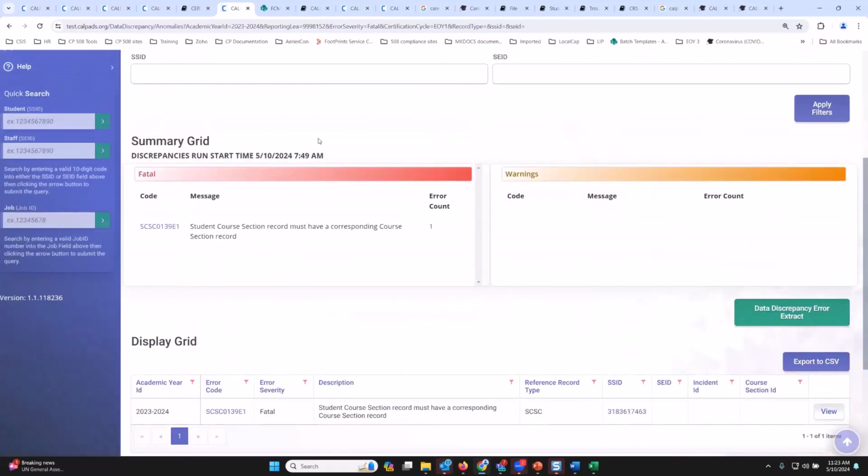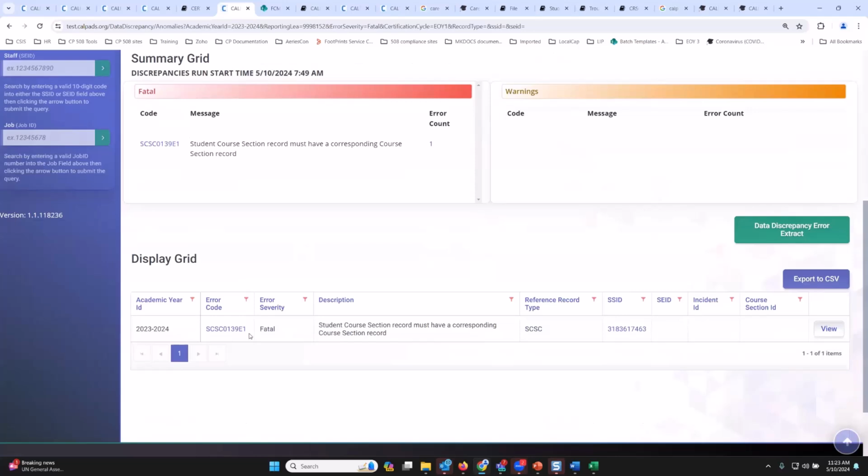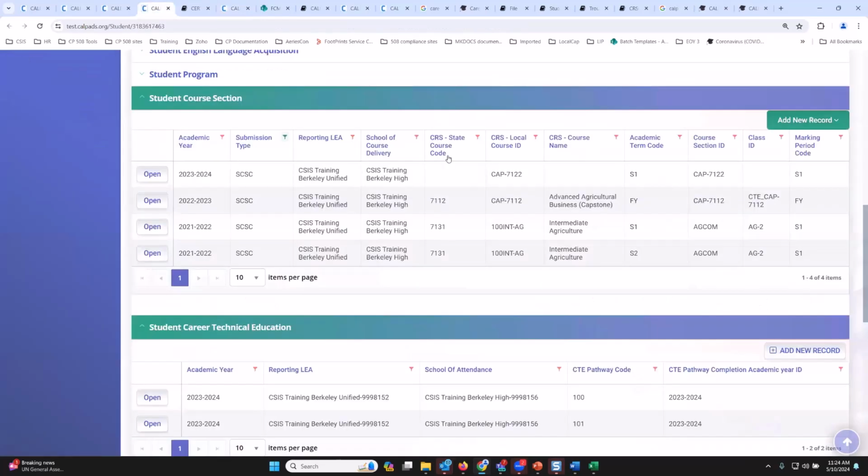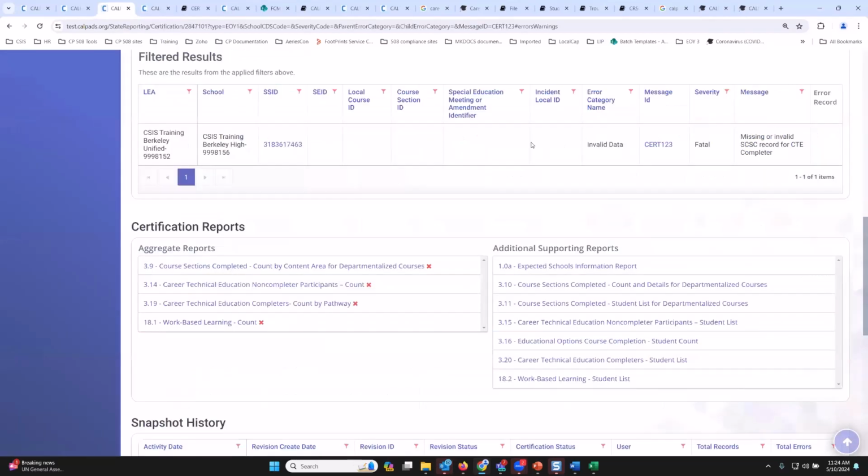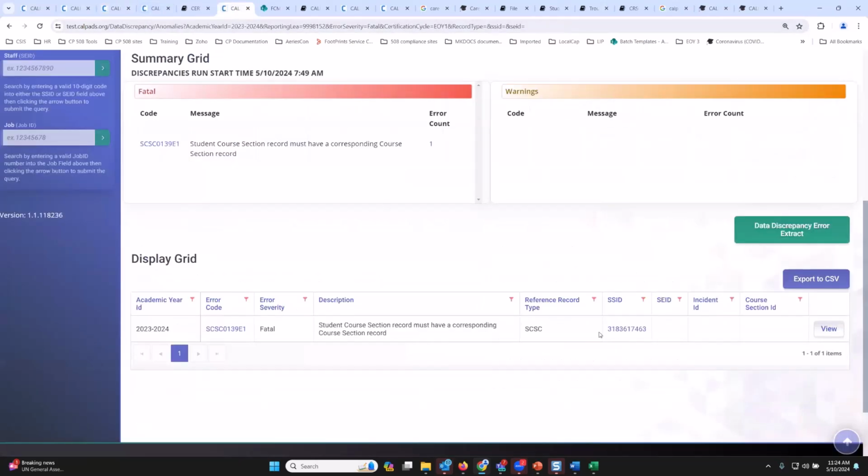So if I go back here on the data discrepancy, it's triggering an SCSC 139 because you looked at your file and you said, I'm pretty sure I've submitted the SCSC record for this 7122, which is 101. I'm pretty sure I submitted that, and obviously it's in CalPADS. It's just that the error is still triggering your CERT 123. So why is this error triggering? It's because you have missing information or a discrepancy in that record.